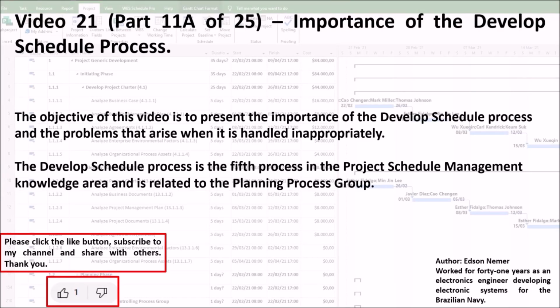Video 21, Part 11A of 25, Importance of the Develop Schedule Process. The objective of this video is to present the importance of the develop schedule process and the problems that arise when it is handled inappropriately. The develop schedule process is the fifth process in the project schedule management knowledge area and is related to the